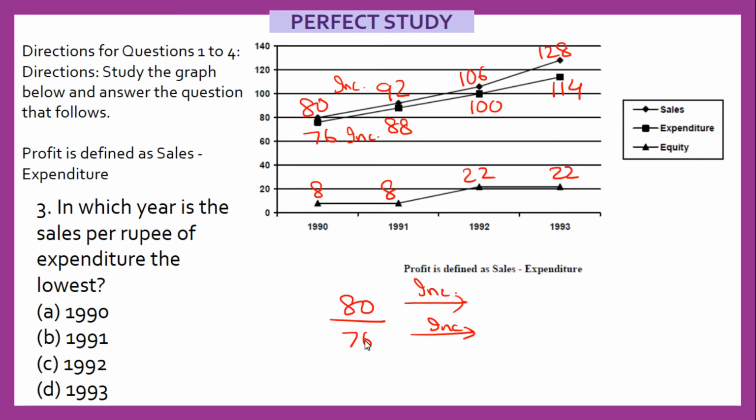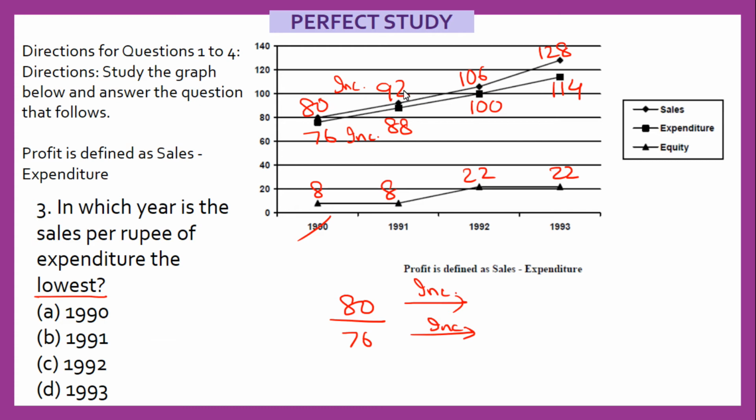Now what is happening here is your denominator is less, but the denominator is also increasing by the same value that the numerator is increasing. In such a case, the ratio value, or you can say the fraction value, becomes less. If you like, you can verify it by calculator, but this is the concept that I have explained. So the 1991 value is going to be less than the 1990 value, and I need the lowest value. That means my 1990 is out. 91 will be less. Now let's compare these two.